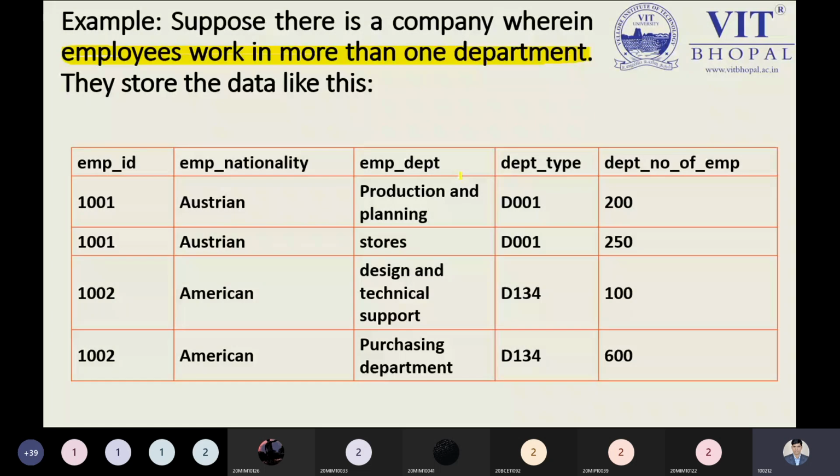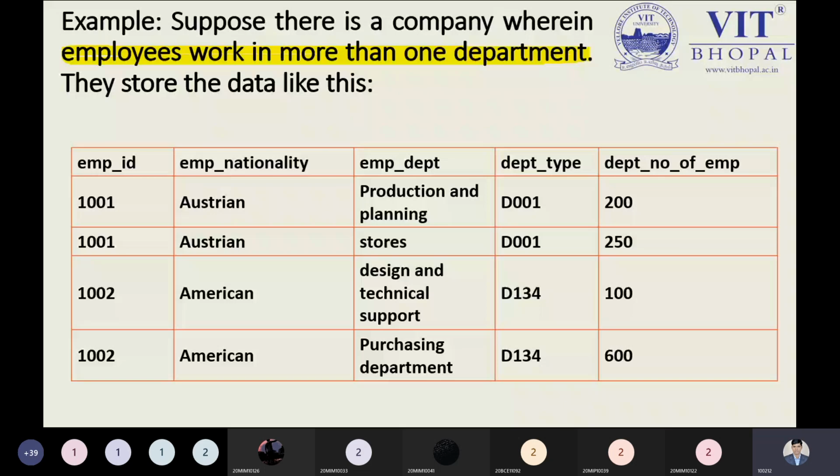What are the important attributes which depend on each other? Let us first identify those attributes. The number of employees in a department will depend on the department type. That is a point we have to keep in mind. And employee nationality depends on the employee ID. If we have employee ID 1001, you can observe over here Australian nationality will be considered. And for 1002, that is considered as American nationality. So employee nationality is an attribute that depends on the employee ID. This is the first one. Second, the number of employees inside the department will depend on the department type.